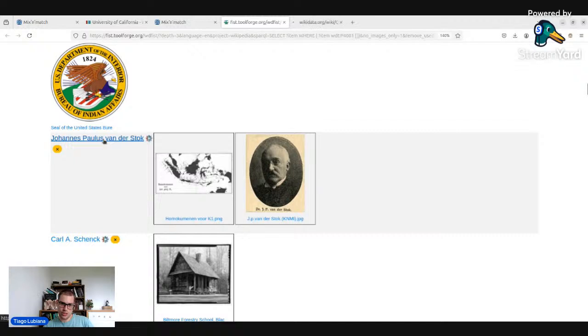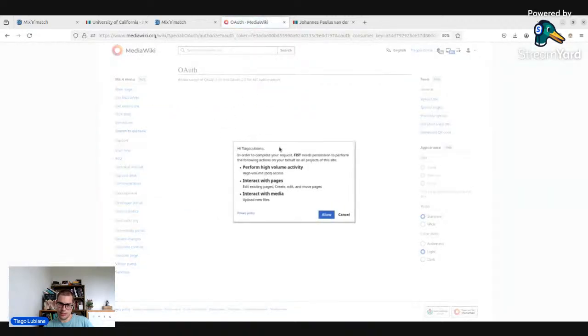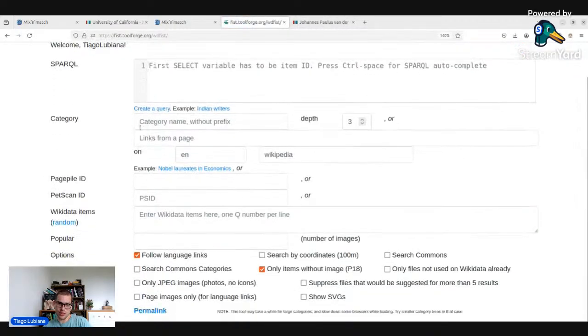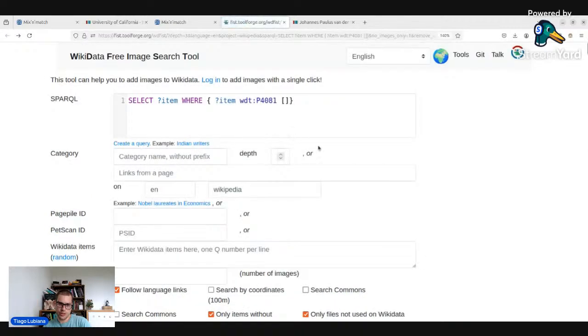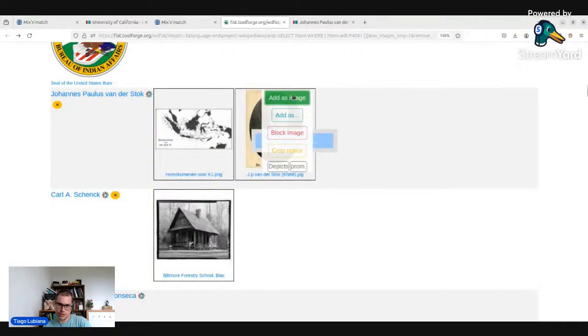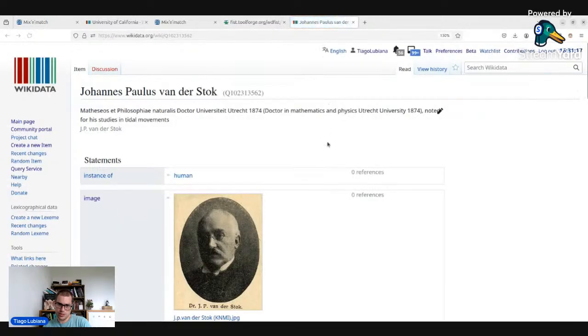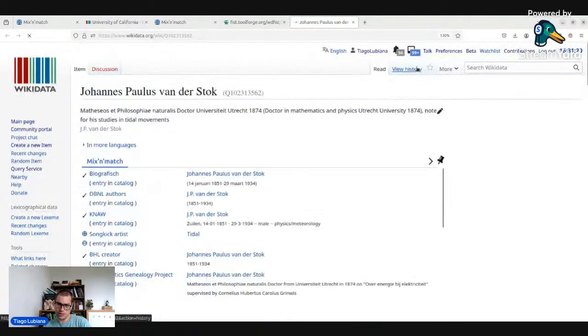Karschenk, Johannes Paulus. Oh, let's see. There's depicts, add as image. We haven't authorized the application. Yes, let's authorize it. This is interesting. This is an interesting tool. There is linked mix and match. No way. Let's come back here and add this image. All right, that's good. And now the image has been added. Let's see the history